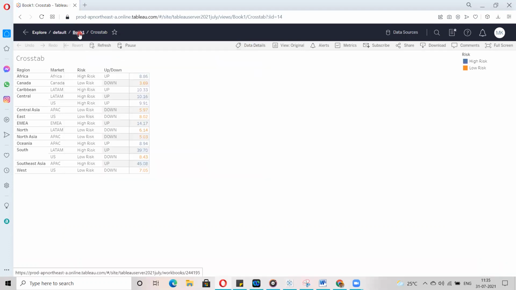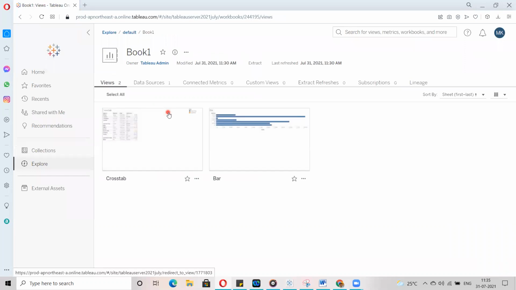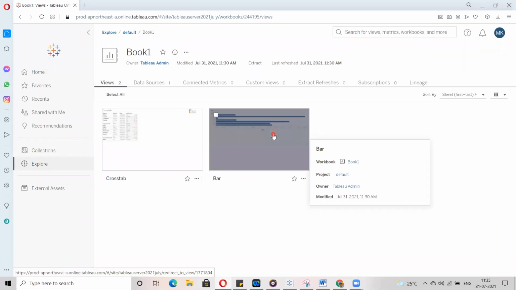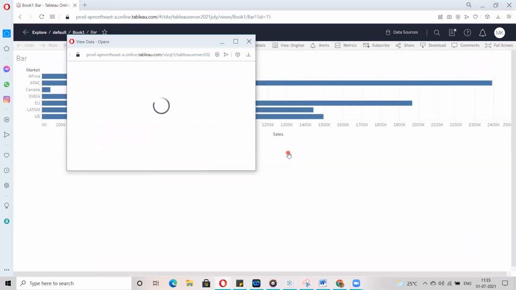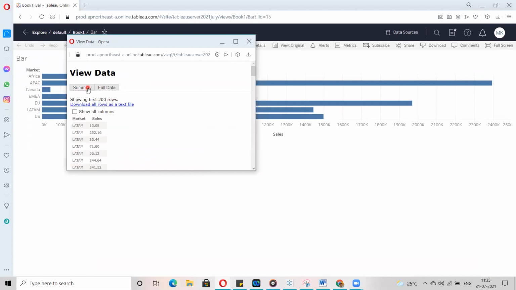Now we have another view, the bar graph. I open this bar graph and go to download and data. Now you can see the full data option is enabled, because the permissions we provided are at the view level.